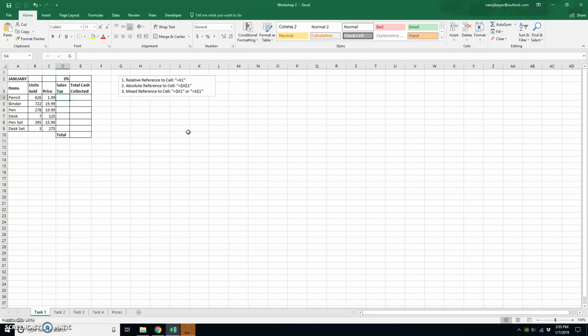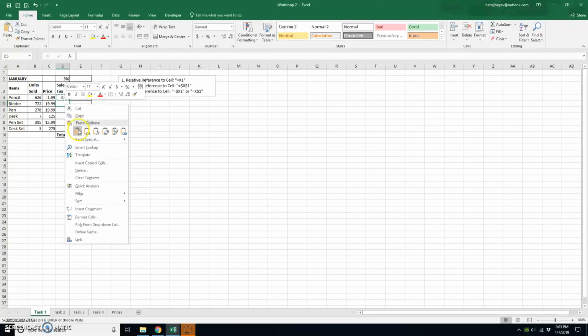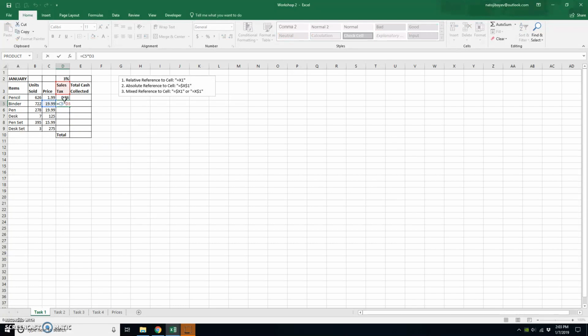So an easy thing to calculate is the sales tax per item. So we have to do price multiplied by the sales tax rate. But if we do this and copy this to the next cell, this sales tax cell reference will move accordingly. So to fix this, we have to use our